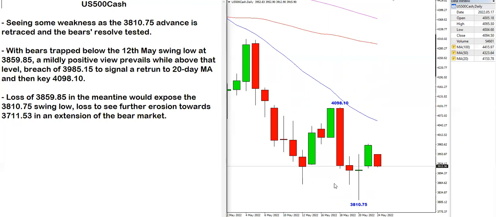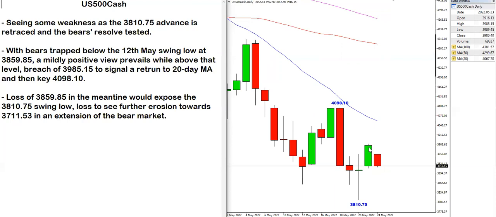So we've got a bit of a trap level which comes in at 38.59.85 on the S&P. So this pullback that we're seeing now, I'm expecting it to stall around above this level because we've got trapped sellers down below this level. So I wouldn't be surprised to see maybe over the next couple of days a bit more renewed strength kicking in. Once we can get back above this recovery high of 39.85.15, then that for me would say, yeah, we've